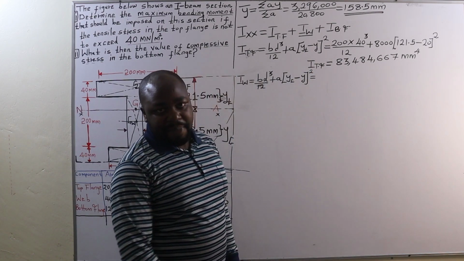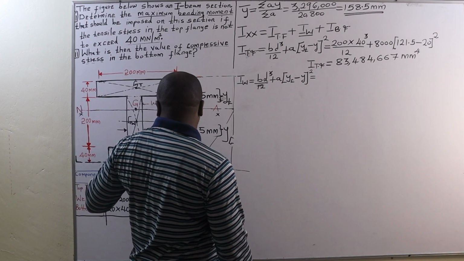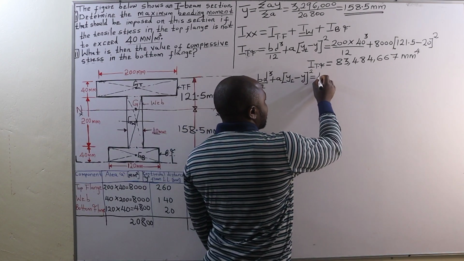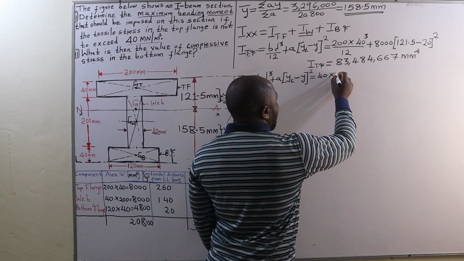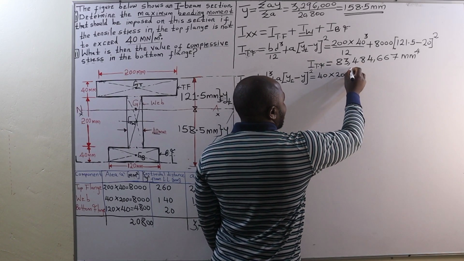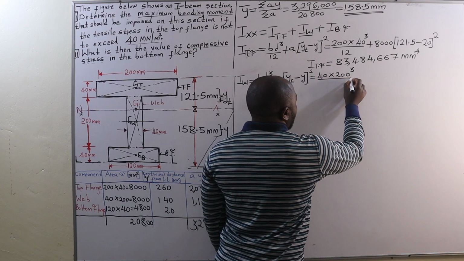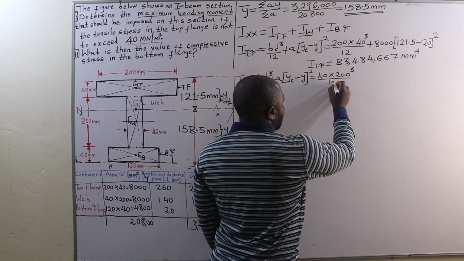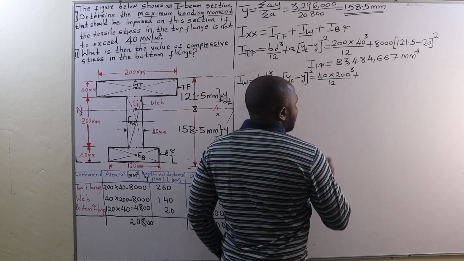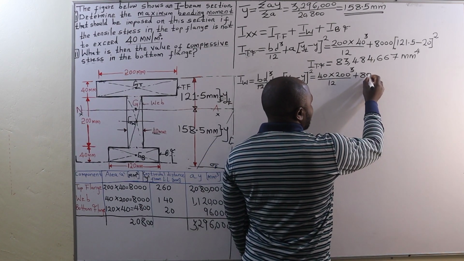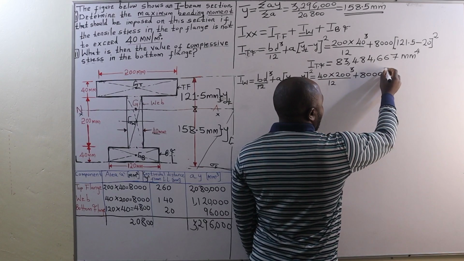So the breadth of the web is 40 millimeters. The depth of the web is 200 millimeters. We cube it, we divide this by 12, we add the area of the web, which is 8,000 square millimeters, and then